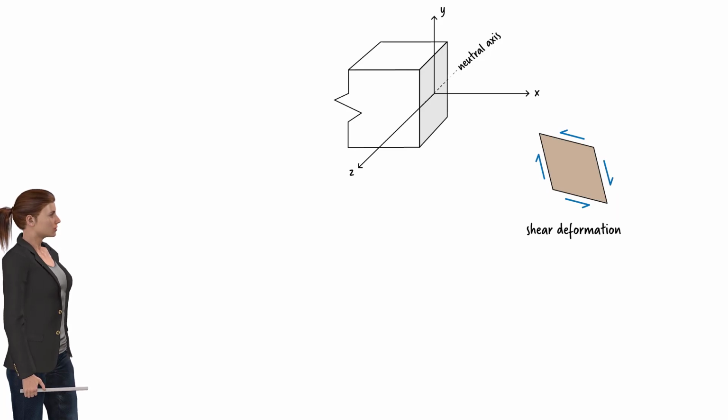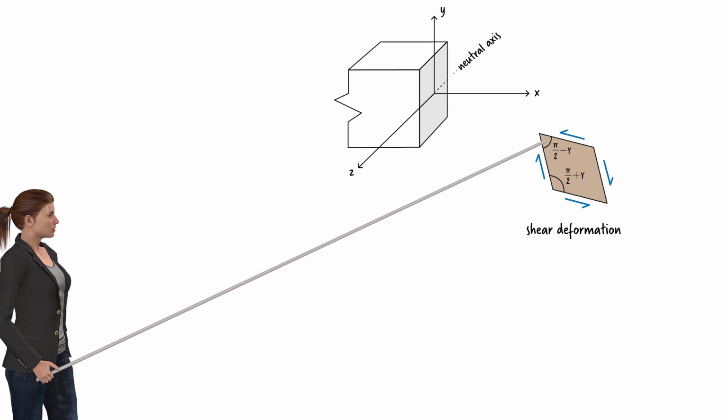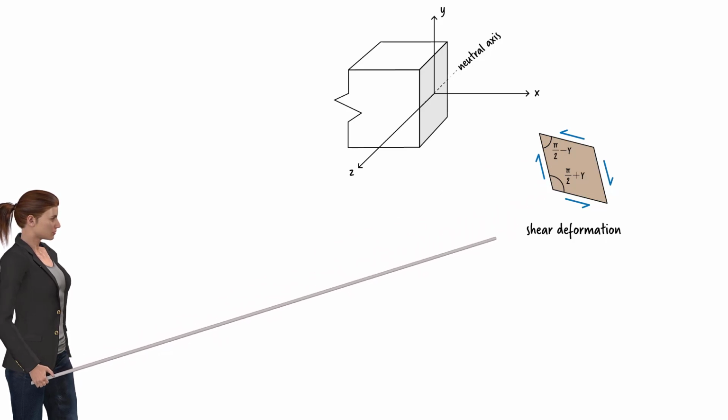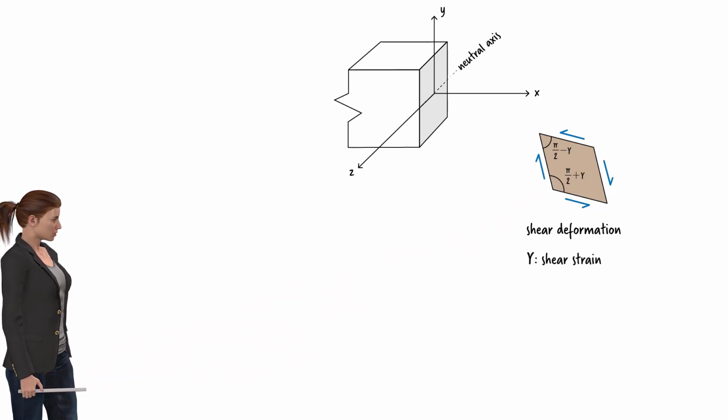We can use the change in the 90-degree angles of the square as a measure of the shear deformation. If we denote the right angle of the square as pi over 2, after the element has gone through the shear deformation, this angle becomes pi over 2 minus gamma. And this angle becomes pi over 2 plus gamma, where gamma is a measure of the shear deformation specified in radians. This measurement scheme is based on the assumption that angle gamma remains small enough to equal its tangent. For practical purposes, this is a valid assumption.